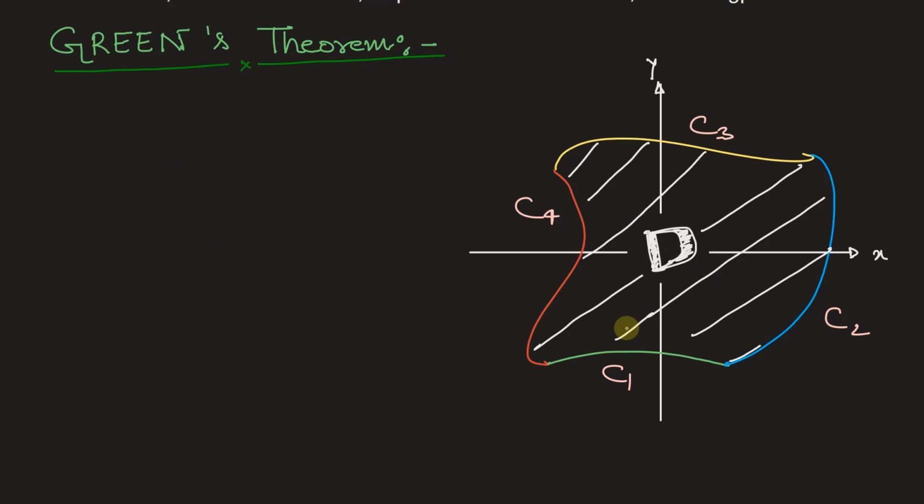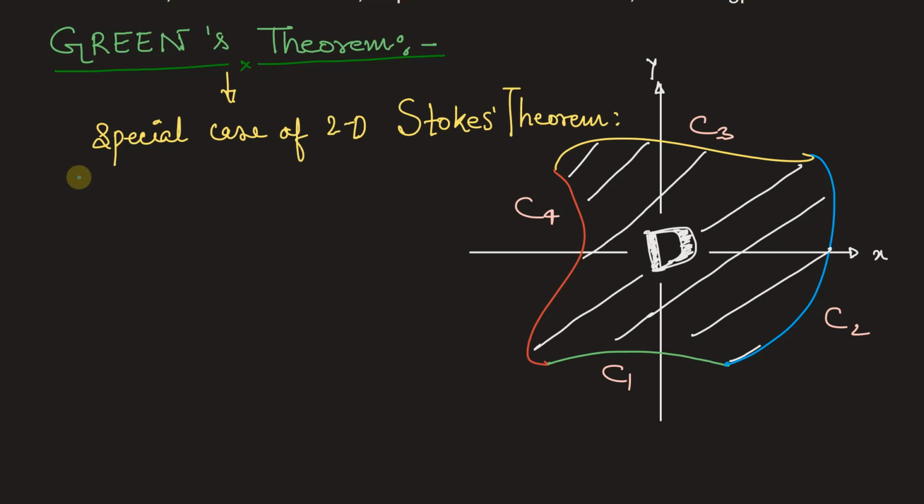So this is the region that we are getting from this closed contour, from these closed curves C, which is C1 plus C2 plus C3 plus C4. And Green's theorem is a two-dimensional special case of Stokes' theorem. Okay, so let's write here. According to Green's theorem, if C is a positively oriented curve in a plane, and if D is the region bounded by this curve C, then if L and M are functions of x and y,